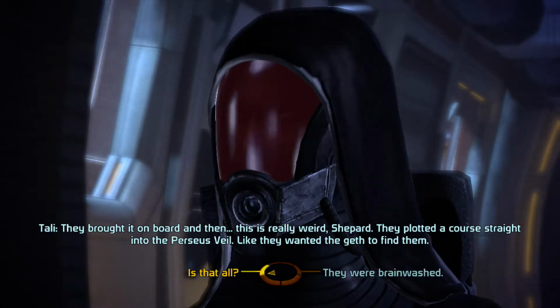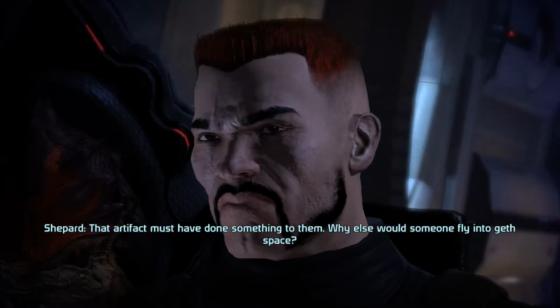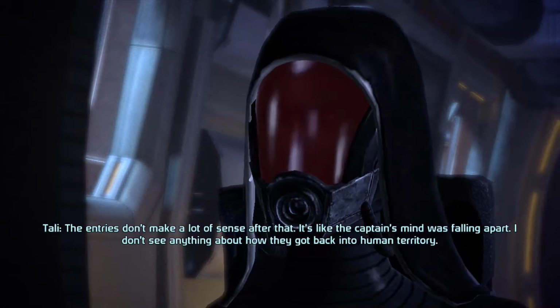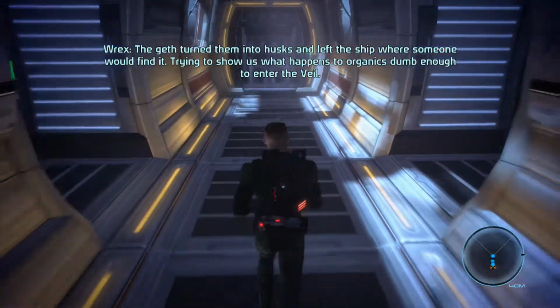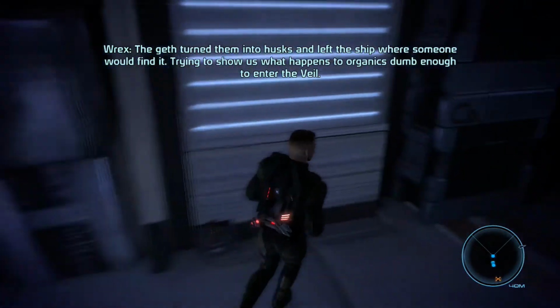According to the, they brought it on board. No, what do you say if I say brainwash? That artifact must have done something to them. Why else would someone fly into Geth space? The entries don't make a lot of sense after that. Okay, that's the same. The Geth turned them into husks and left the ship where someone... Yeah, it basically makes sense. It's that whole just stay away from us type of thing, so...